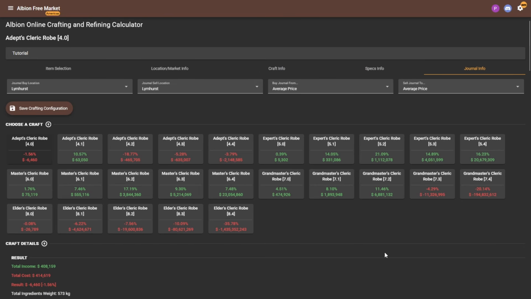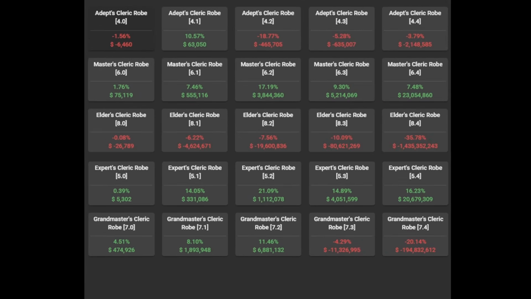From the tiles below, you can see how much profit there will be on average for the various black market crafts. Keep in mind that any enchanted items will have much lower sale volume on the black market, so try not to get baited by a high profit 0.3 or 0.4 craft. Just stick to the best profit 0.0 and 0.1 crafts. Once you have a good idea of what might be profitable, you can double check the prices in game and